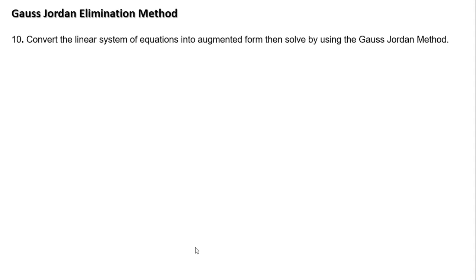All right. So another method that is used when we're dealing with larger systems of equations is called the Gauss-Jordan elimination method. One way to do this is to convert our system to what's called an augmented matrix. We want to use matrices to solve these systems. So first, let me represent our linear system. So let's say that we have a linear system. We want to convert it into its augmented matrix form, and then we're going to solve by this Gauss-Jordan elimination